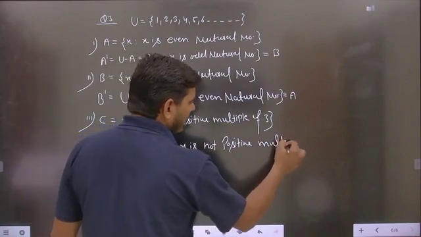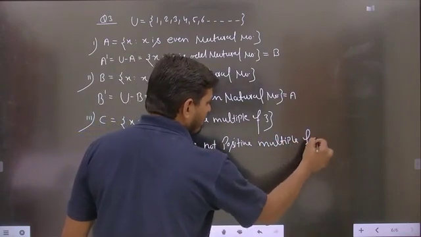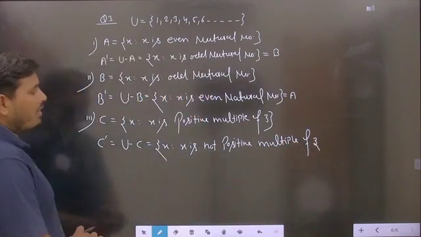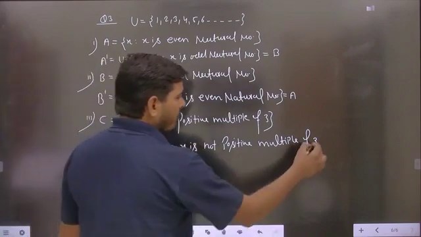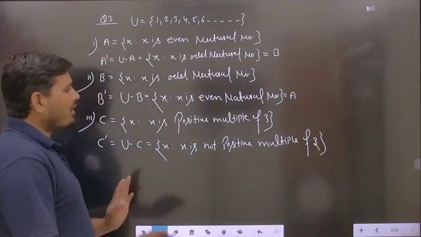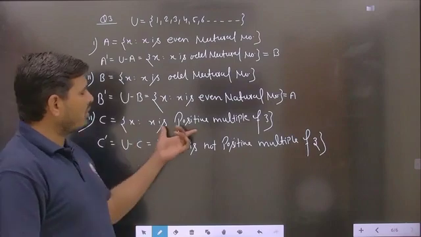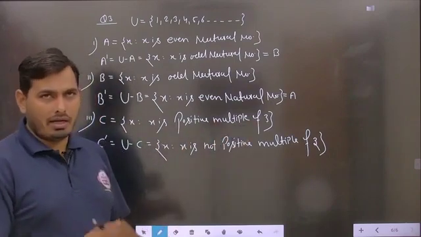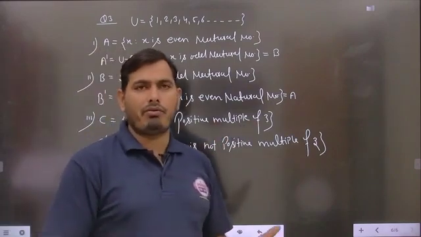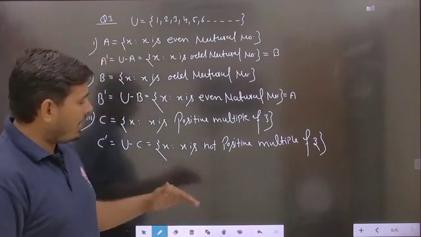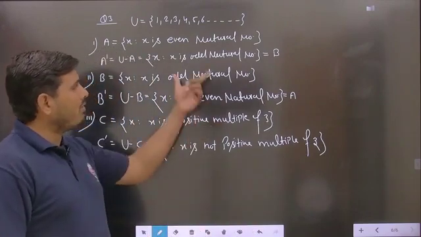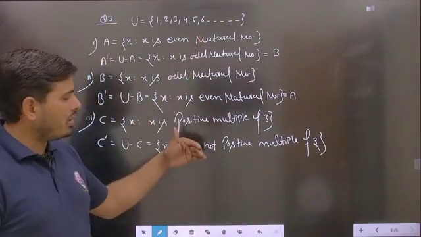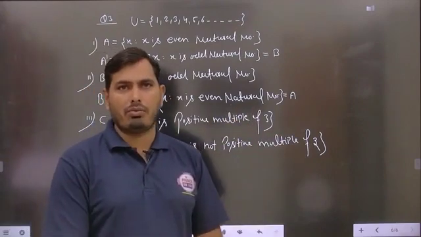You can write the answer like this. Is it to be clear? So easily you can write down the answers, but before that we have to keep in mind the things. What are the particular elements to be included in the given set C, and after getting the complement we are not taking that element, and we have to just subtract these elements from the universal set and the remaining elements you can take here. Is it to be clear?